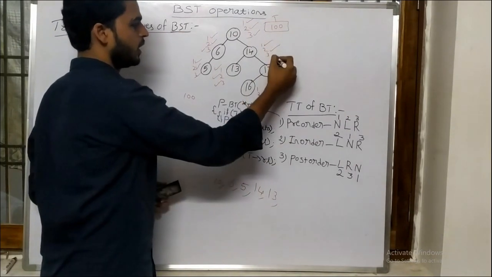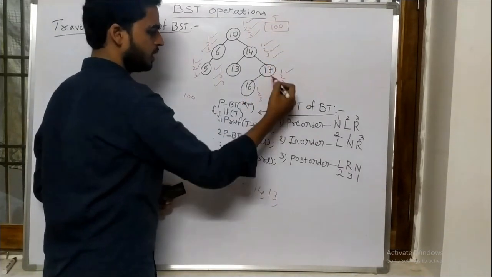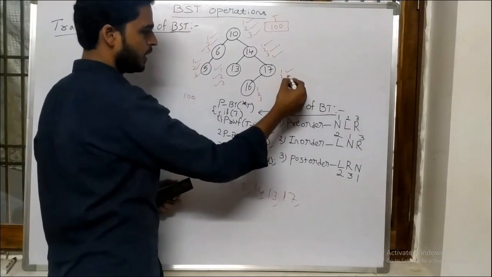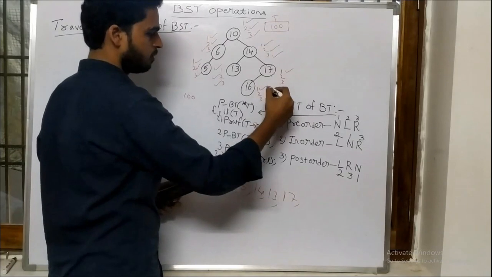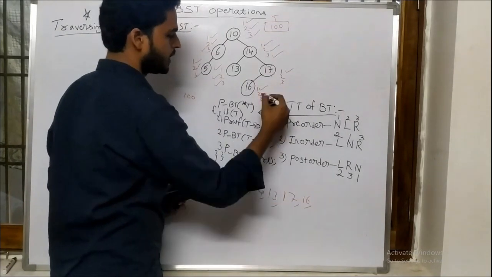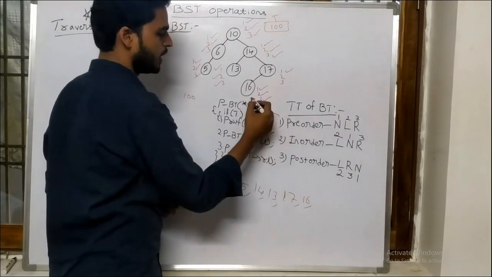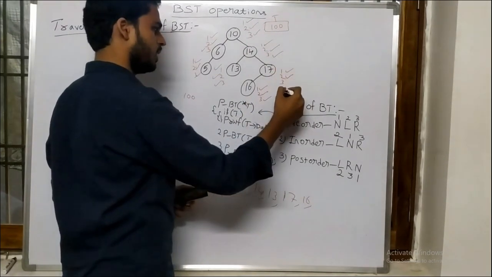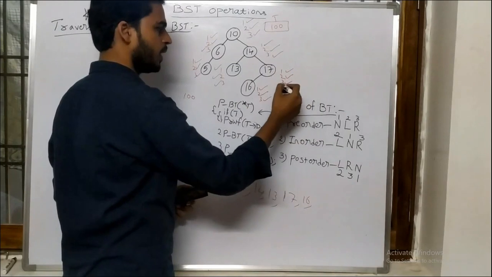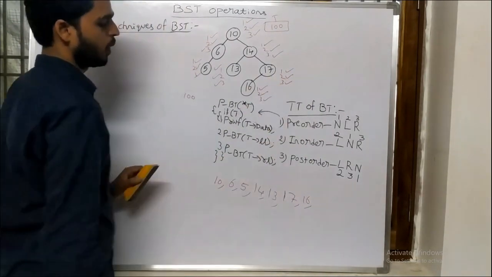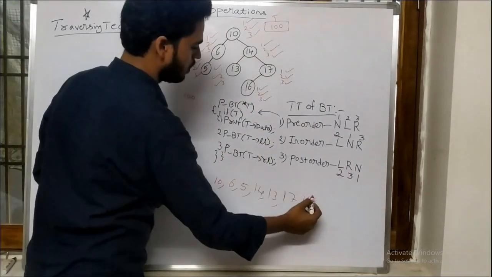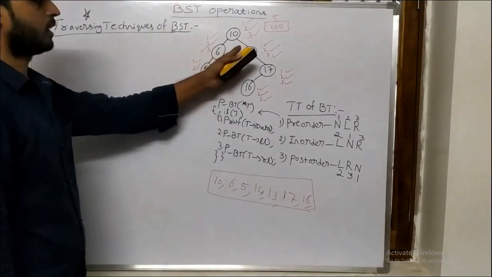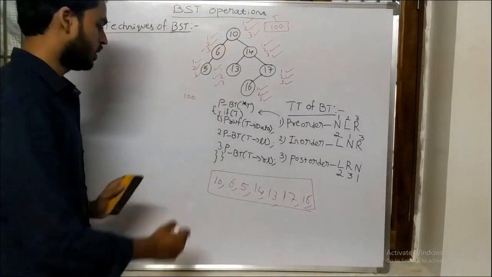Then I will move to the right side. On the right side, first statement, I am going to print the data. Once I print the data, I will go for the left side. Left side, first statement printing. Second statement, left side, nothing. Third statement, right side, nothing. Then I go to the next section, that is completed, right? Third statement, right side, nothing. So then we'll stop the process. So this is the corresponding pre-order for the given tree. That can be a binary tree or a tree. So that is pre-order.